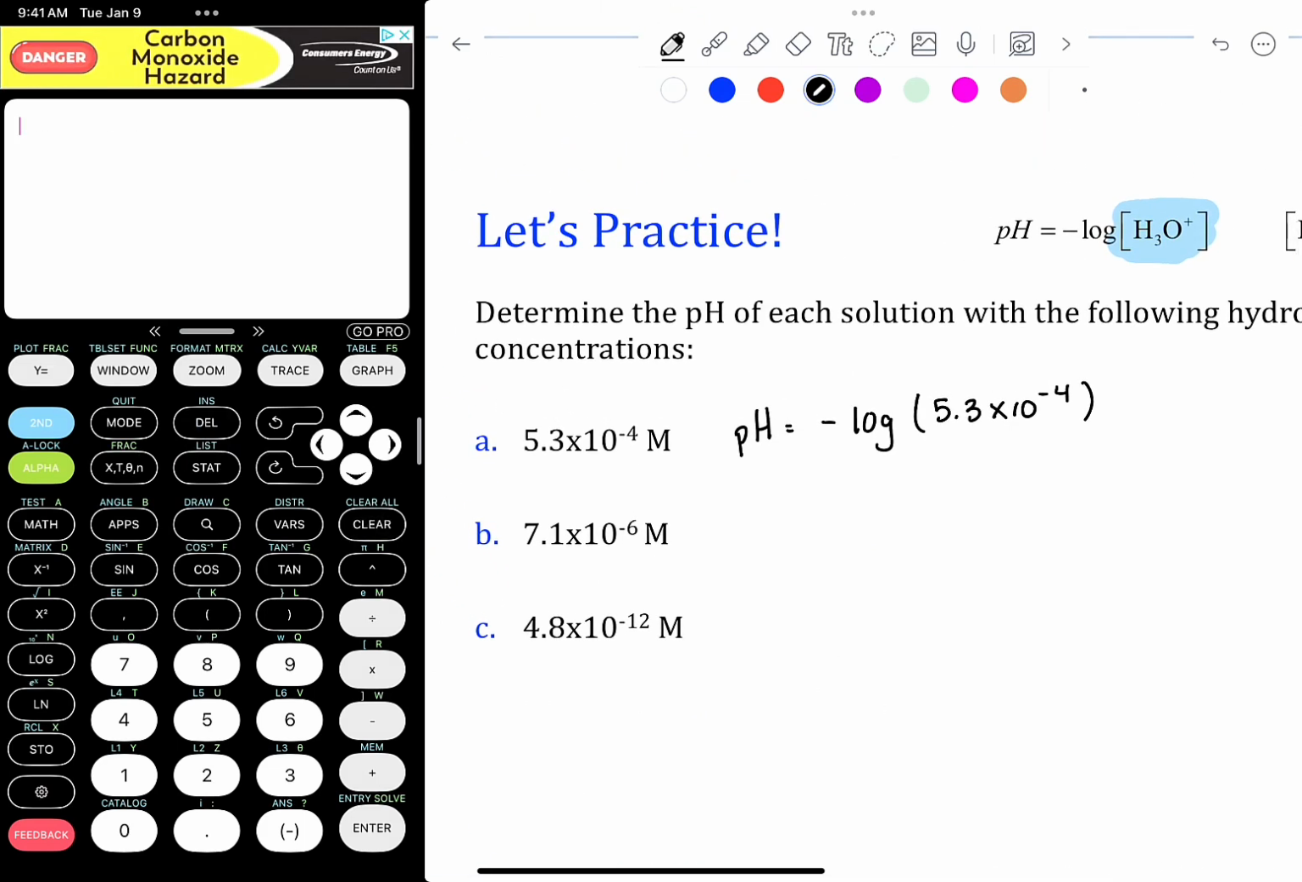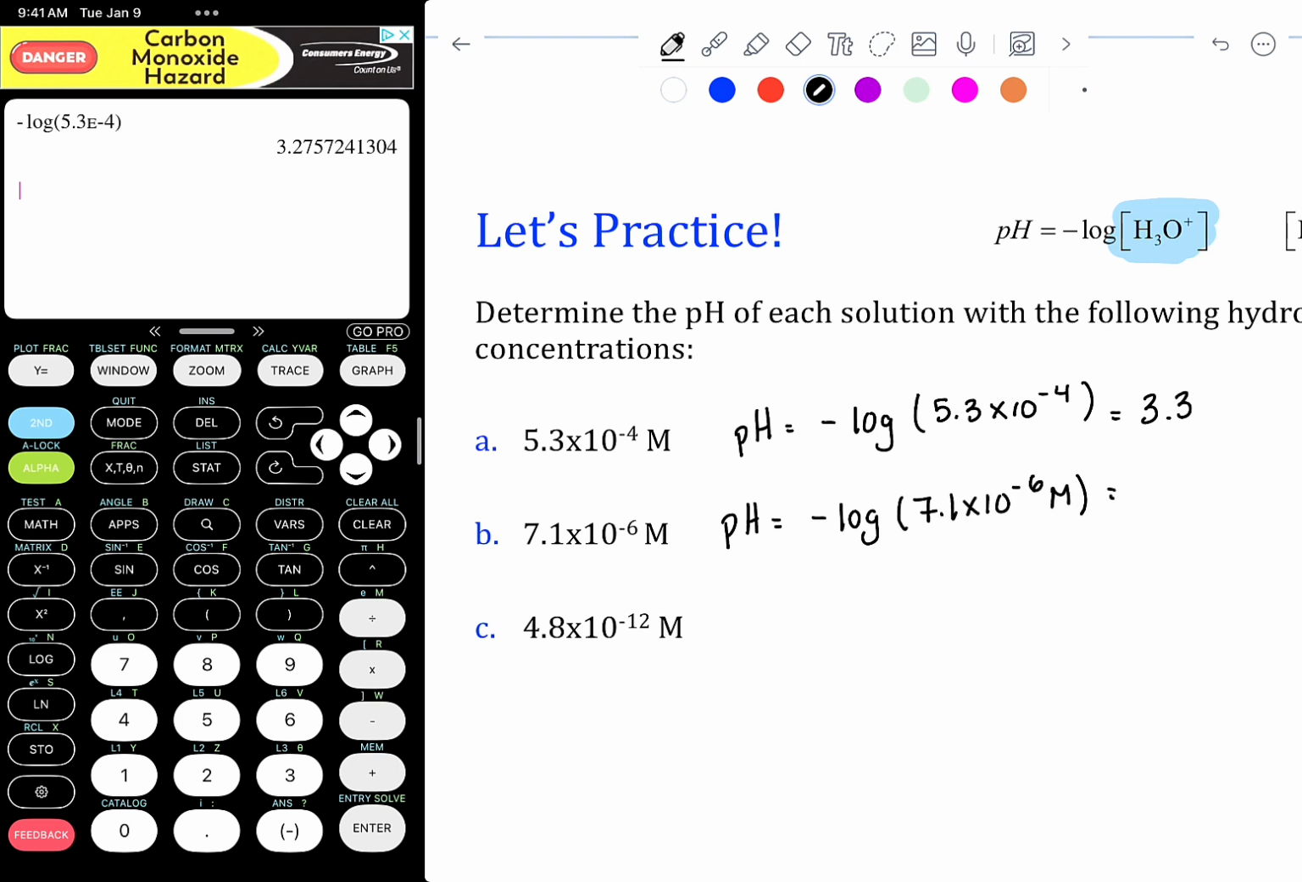So we are going to do the negative log of 5.3 times 10 to the minus 4. And we get a pH that is 3.3. We'll go with 2 sig figs from our original number, 3.3. So our pH is 3.3. We can do the same thing for the next one. So negative log of that concentration. We do negative log 7.1 times 10 to the minus 6. And we get